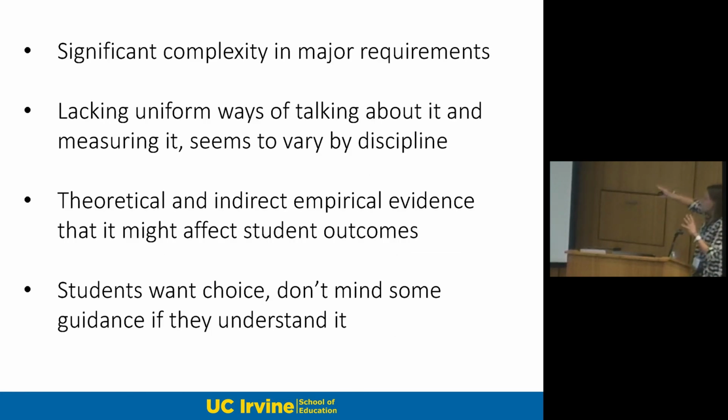So far what we found is that we have evidence, so I can't tell you any numbers or anything specific, that there's significant complexity within major requirements, that we don't have really good ways of talking about it or measuring it. We see it varies a little bit by discipline, but hopefully we can come up with ways to actually quantify this in a way that makes sense to compare across disciplines. Evidence to think that it might affect student outcomes, we'll hopefully be measuring that,